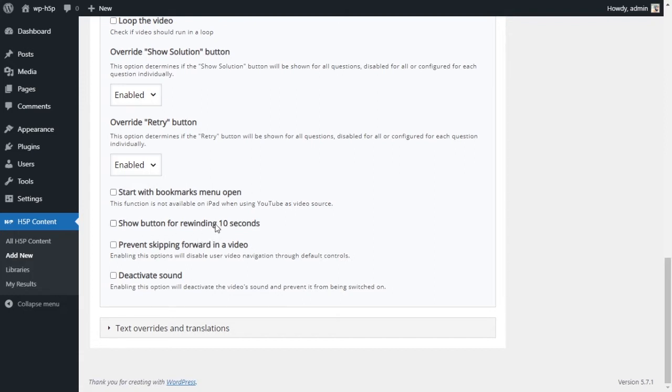Show a button for rewinding 10 seconds. I don't want that. Prevent skipping forward in a video. Ultimately, I do want this in the finished product. I want to prevent the user from skipping because this is an experience we're creating for the user. We don't want them to be just clicking and scrolling through the video because they might miss some activities that we have created for them. But for now, just so we can try it and for the sake of time, I will allow skipping, and